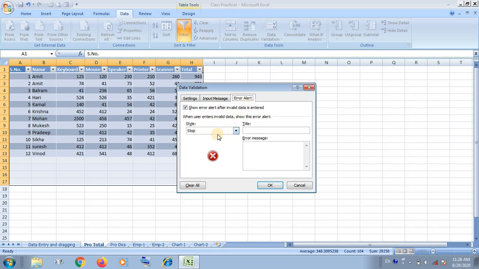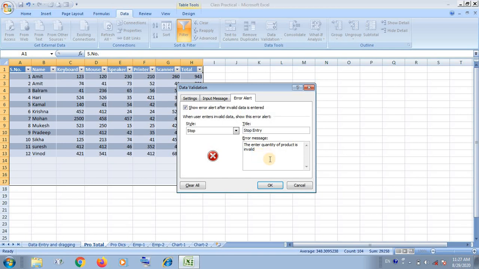Then you have to use the three types of alert. You are looking here at the style alert. You have to write the title, stop entry, and the message: the entered quantity of product is invalid.